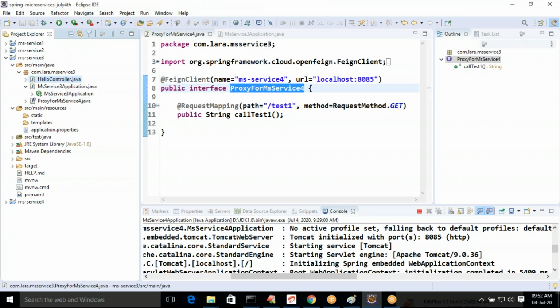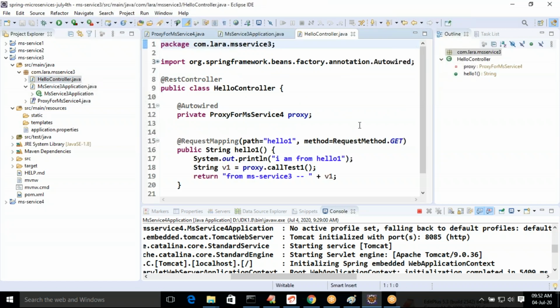We have one controller, hello controller. Ask the framework to get the proxy. Yes, the framework is getting a proxy. We are using that proxy. See how simple making a call is. There is no hard coding. The complete declaration is available in the proxy. Wherever you want, you can use that proxy. Not only in the current hello controller, even in other controllers of the same application, we can make use of this proxy.